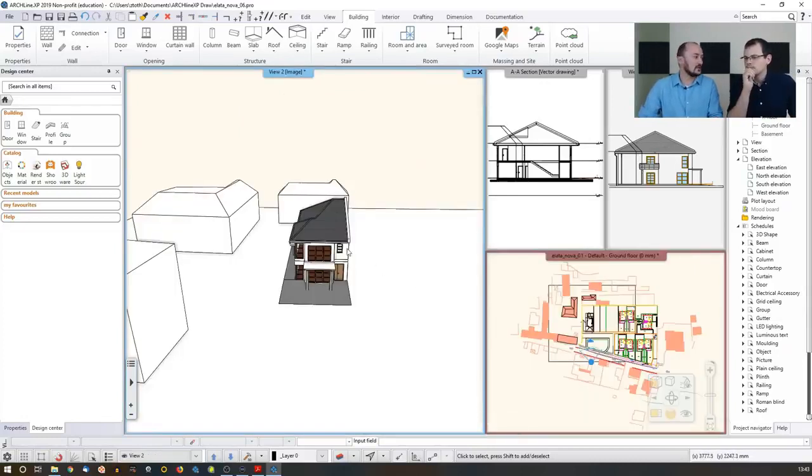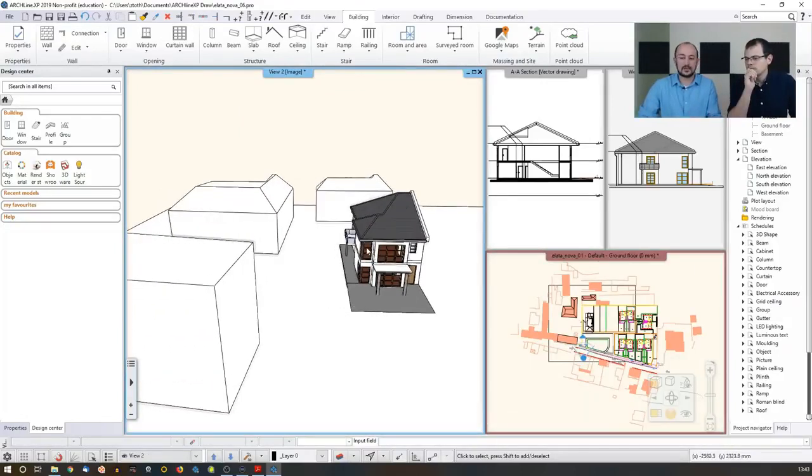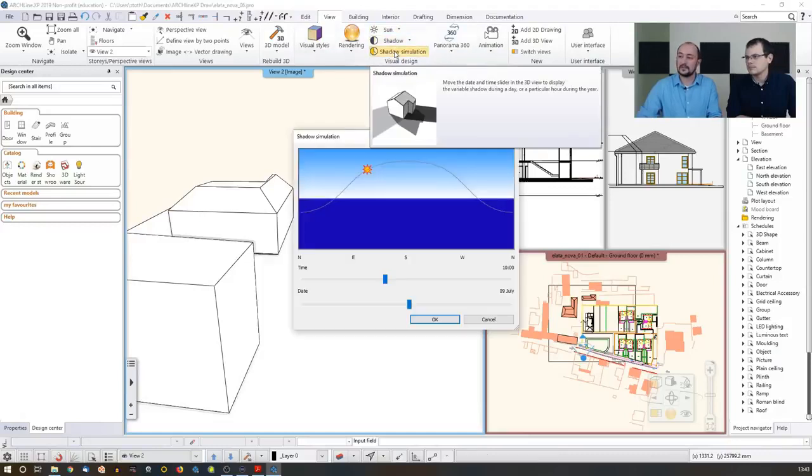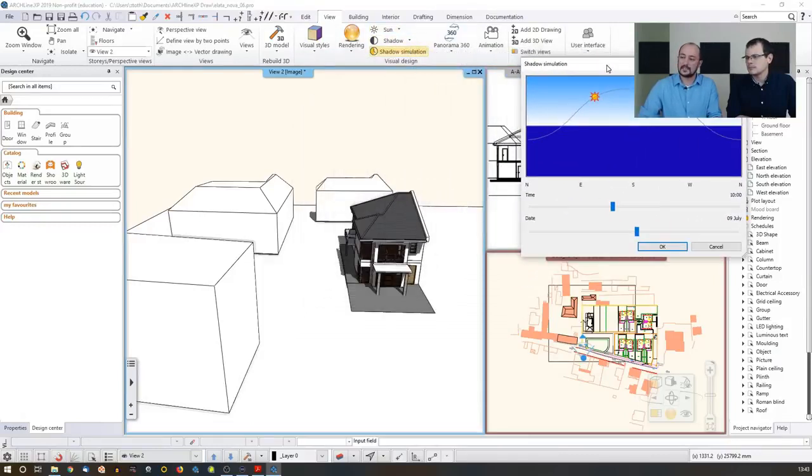To represent the shadows, those are based on the geolocation and the sun settings. We already defined the sun setting and the geolocation, so we should be able to see how it looks like, and it's in the same location in the view, and this is where you can find the shadow simulation. Now, if you click on that, the software will bring up this dialog, and this is actually a representation of the horizon